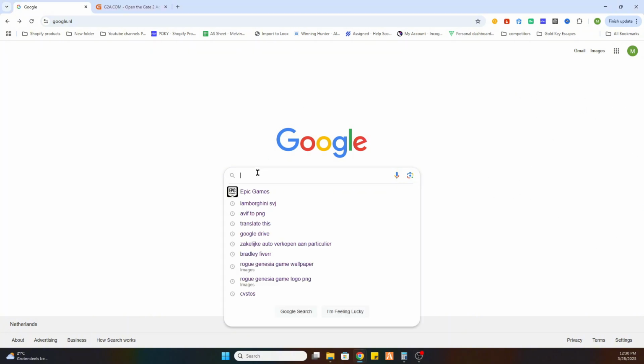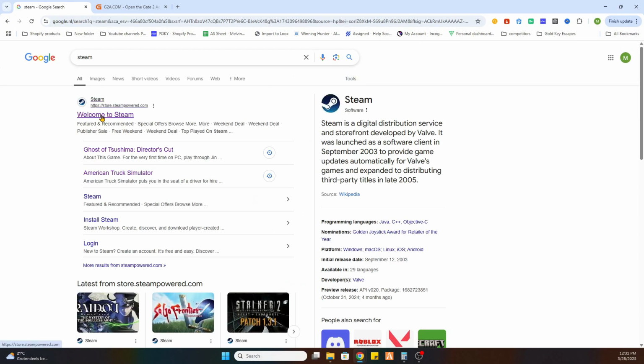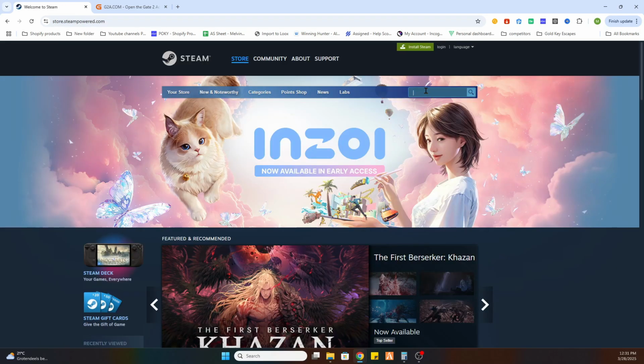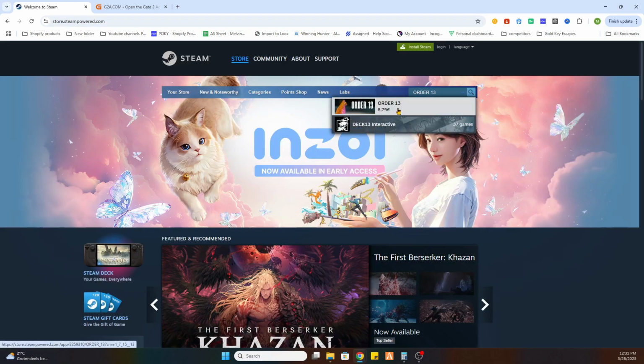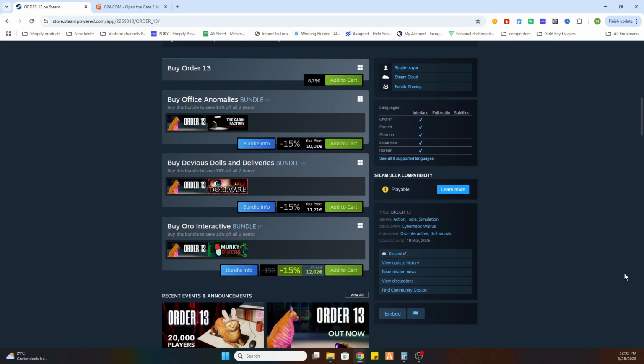Once you have done that, go to the search bar and we need to locate this game first before we can download it through another website. So go to the Steam platform, search for Steam, and as you can see we have the website over here. So we will go there and search for the game Order 13. Click on the game and scroll a little bit down, and as you can see this game is starting at €8.79. So if you would like to get a cheaper game, so download it through another website and use the